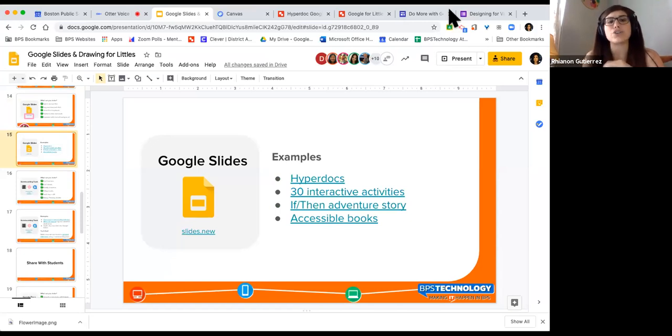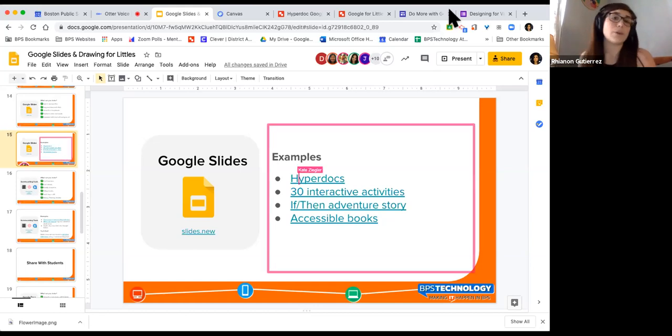If you are interested in learning more in depth about how to use some of these apps, and I'm calling this out specifically for slides in particular, some of these apps involve a lot of practice, a lot of trial and error. We actually do offer webinars for you on how to create Google Slides and how to create a Google Classroom, how to create screencasts. So if you're in that space of where you're like, I don't know how to use these tools to make these things happen, we have more webinars for you where you can learn that.